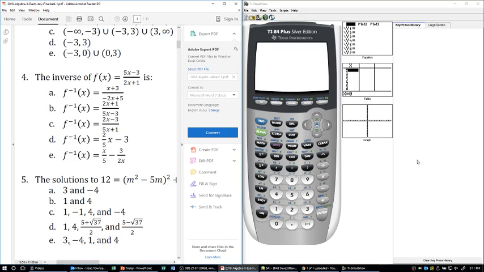Okay, question number 4 asks us to find the inverse of this function. So in math class, what I teach my students is that to find an inverse would be two steps: switch x and y and then solve for y. And you can see that's pretty difficult here because if you do that, you're going to have y in a couple places, and it's not going to be very convenient, especially since we're trying to average 2 minutes per question